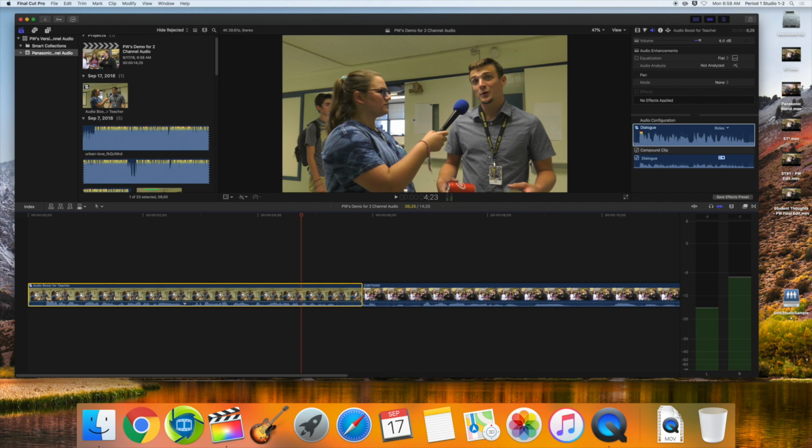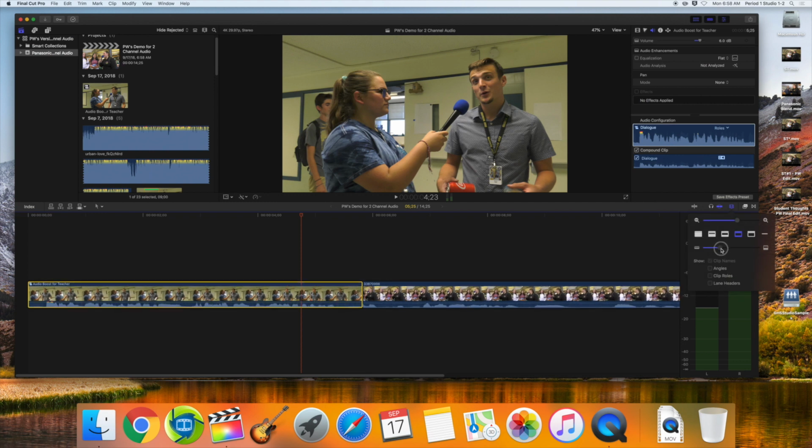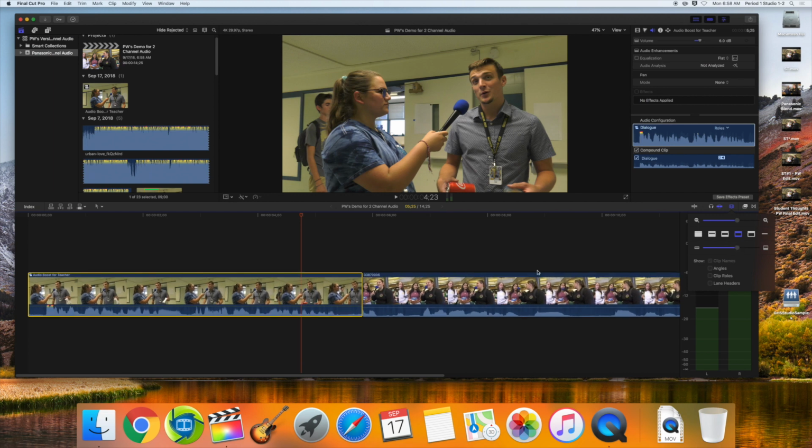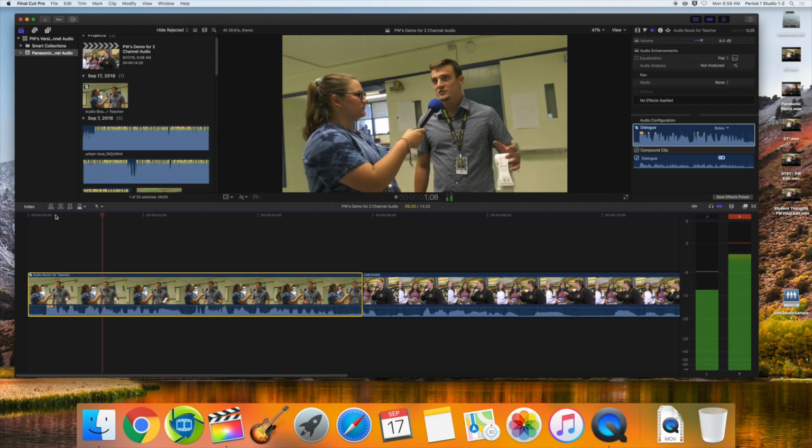Now I think I could probably come up about another 2 decibels on that. If it's difficult for you to slide this when you're using a mouse, if you come over here to the timeline settings, you can click on that and you can slide this height bar up to give you more range. And now it increases the scale. So now as I slide, I'm going to see more individual numbers as I go, and it's a little bit easier to slide. So there I'm at 8, and if we play this,